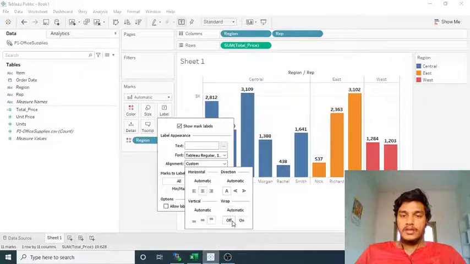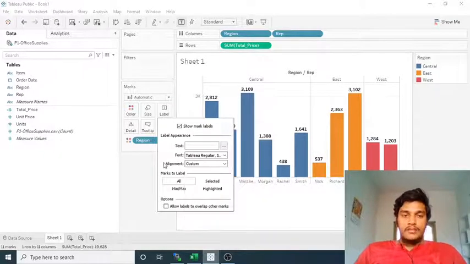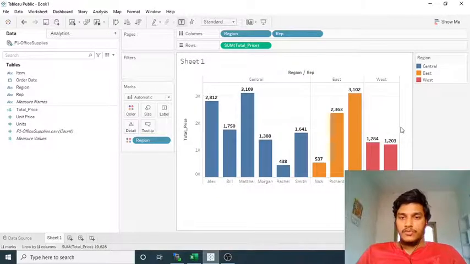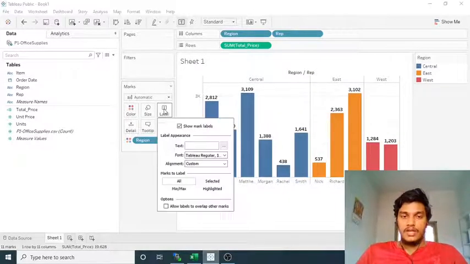Similarly, wrapping is also possible here. So these are a few of the alignments that you can do, and for now I am not doing anything. So this is one thing. And suppose the space is very less, now that is not possible for me, that option I am not able to explain.